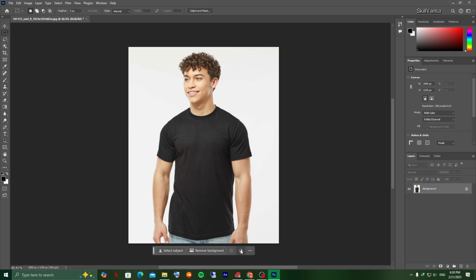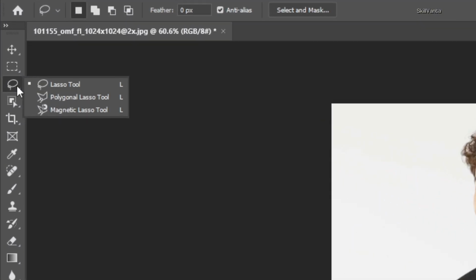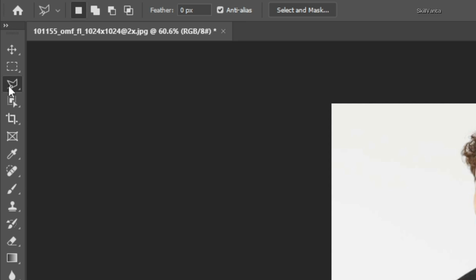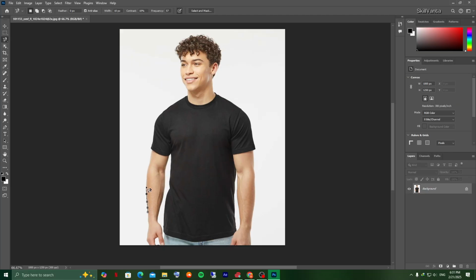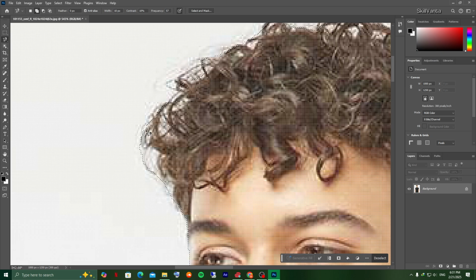The second easiest way to remove the background is by using the Magnetic Lasso Tool. You can do that by selecting the Magnetic Lasso Tool from the Tools bar on the left side of Photoshop. Just right-click on the Lasso tool and select the Magnetic Lasso tool. Then, just select the object or person you want to separate from the background. After selecting the object, double-click on your mouse to apply, and if you inadvertently mess up some areas, you can